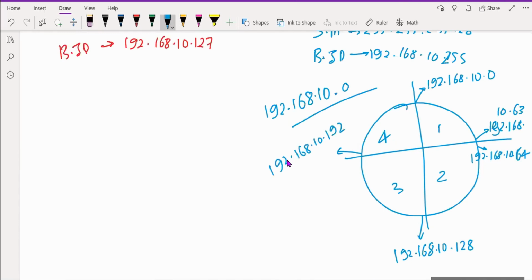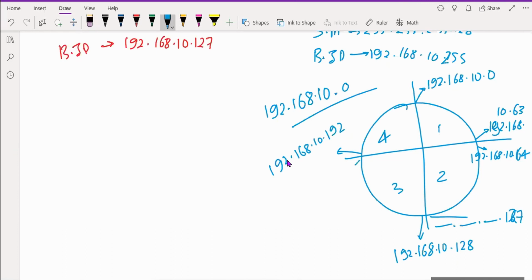Now I'm going to broadcast status. Either I can subtract one from these network addresses for getting the broadcast address of the previous cluster, or I can add 64 plus 63, I will get 127. So this is basically 192.168.10.127.